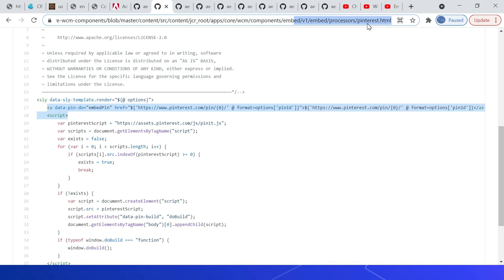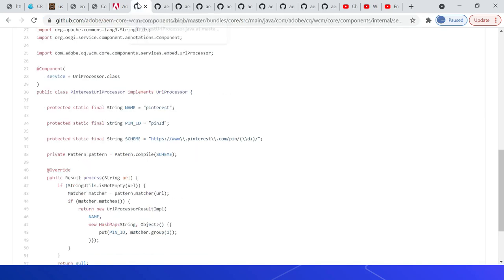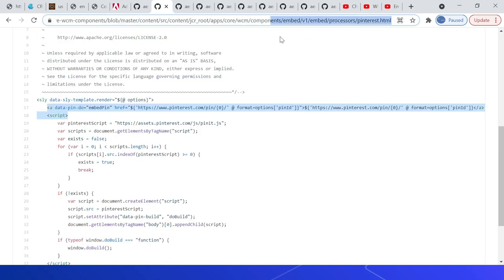The name of this template should match the provider name specified in the URL processor. The URL processor can be kept anywhere inside your core module. Place the HTML template under the same folder structure under your custom UI apps module, components embed, v1 embed, processors, then add your custom processor.